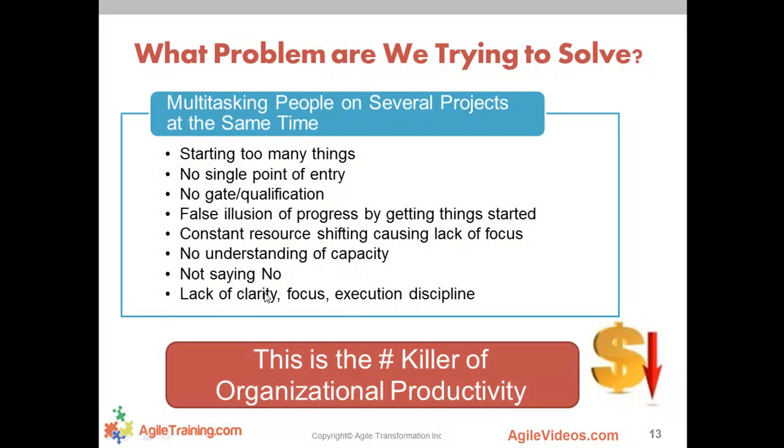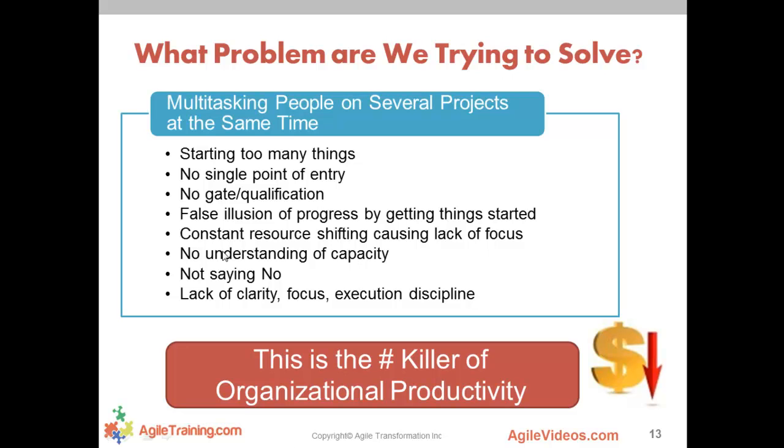In case I haven't said this clearly, this is the number one killer of your productivity and your effectiveness as an organization. So even Agile, and I've seen so many organizations try to apply Agile at the team level, which is awesome, and they start to see some traction. And then the old school mentality of shifting resources, pulling them out of the Agile teams, shuffling them around, having them work on 5 project teams at the same time. All that kicks in again, and then everything that you've tried to do with your Agile team starts to erode,